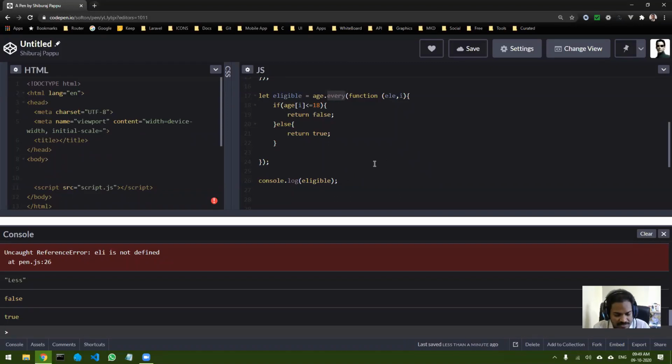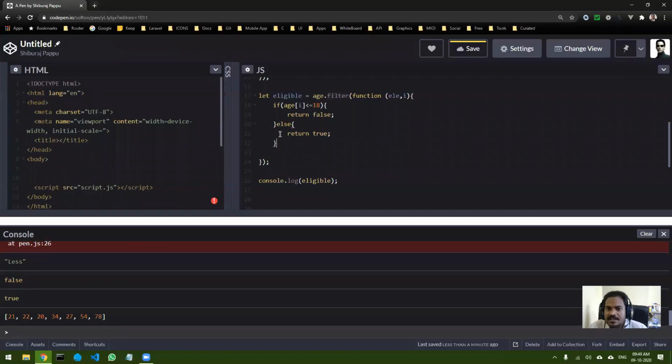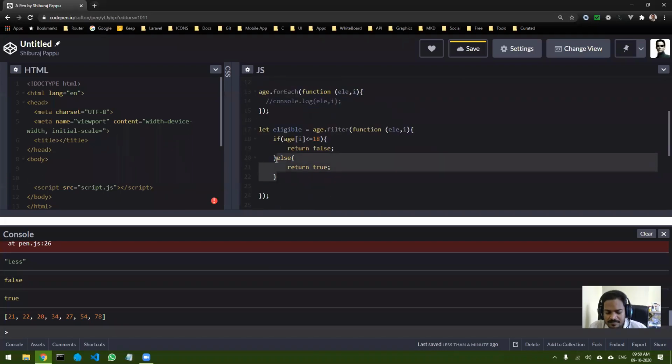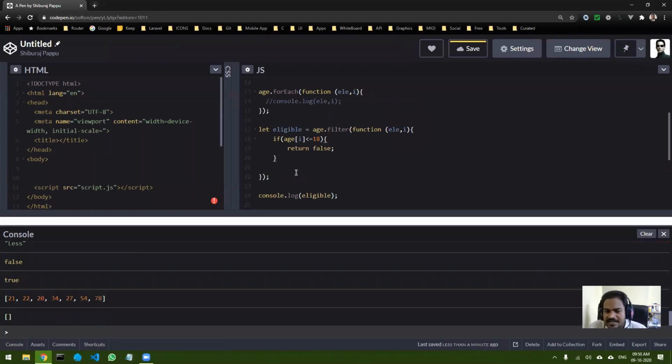Let's see filter. You can see this particular function is almost the same. The filter function basically returns all the elements for which you return true. Let's say for example age.filter, and it is iterating through each and every element.